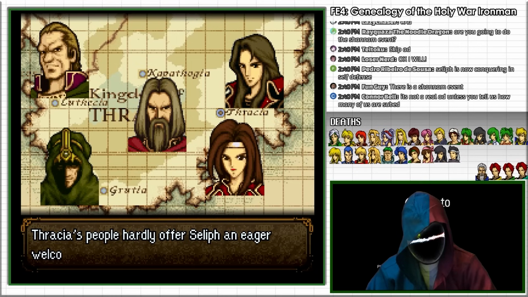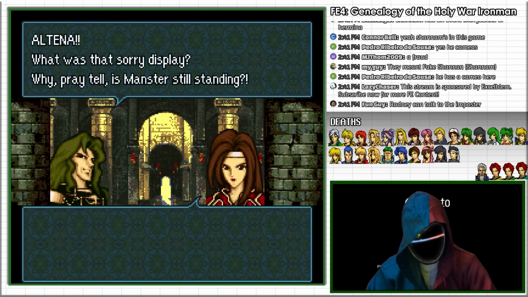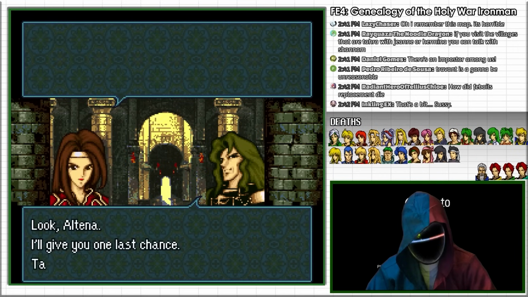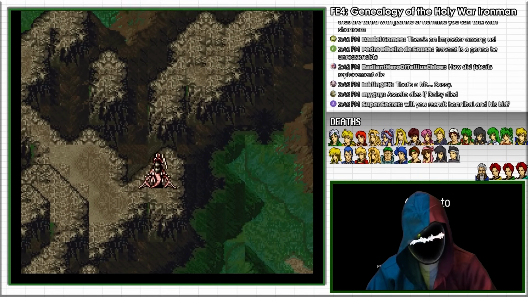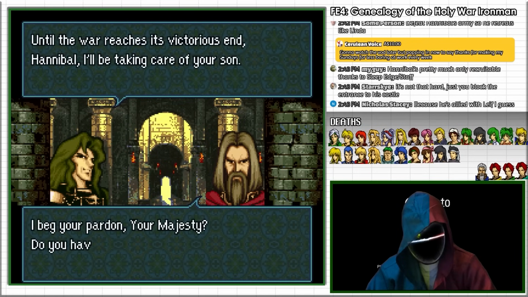In Chapter 9 of FE4, Thracia takes up arms against the Liberation Army in preparation for a full-scale war. King Trevant is indignant that his kidnapped adopted daughter, Altena, refused to commit atrocities in the previous chapter and gives her one last chance to redeem herself by launching the first attack. And with this underway, he also travels to Cappadocia to blackmail General Hannibal into fighting us by taking his